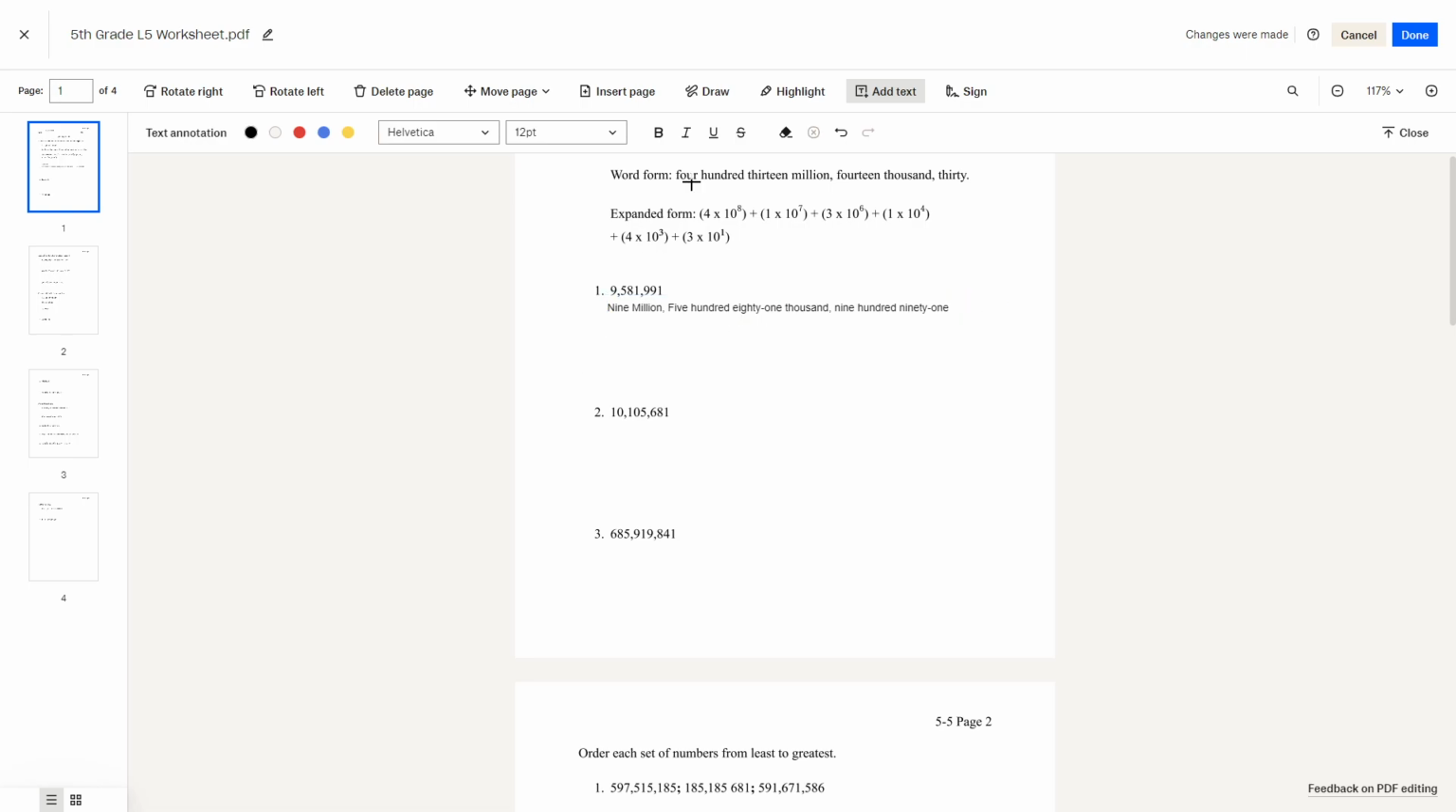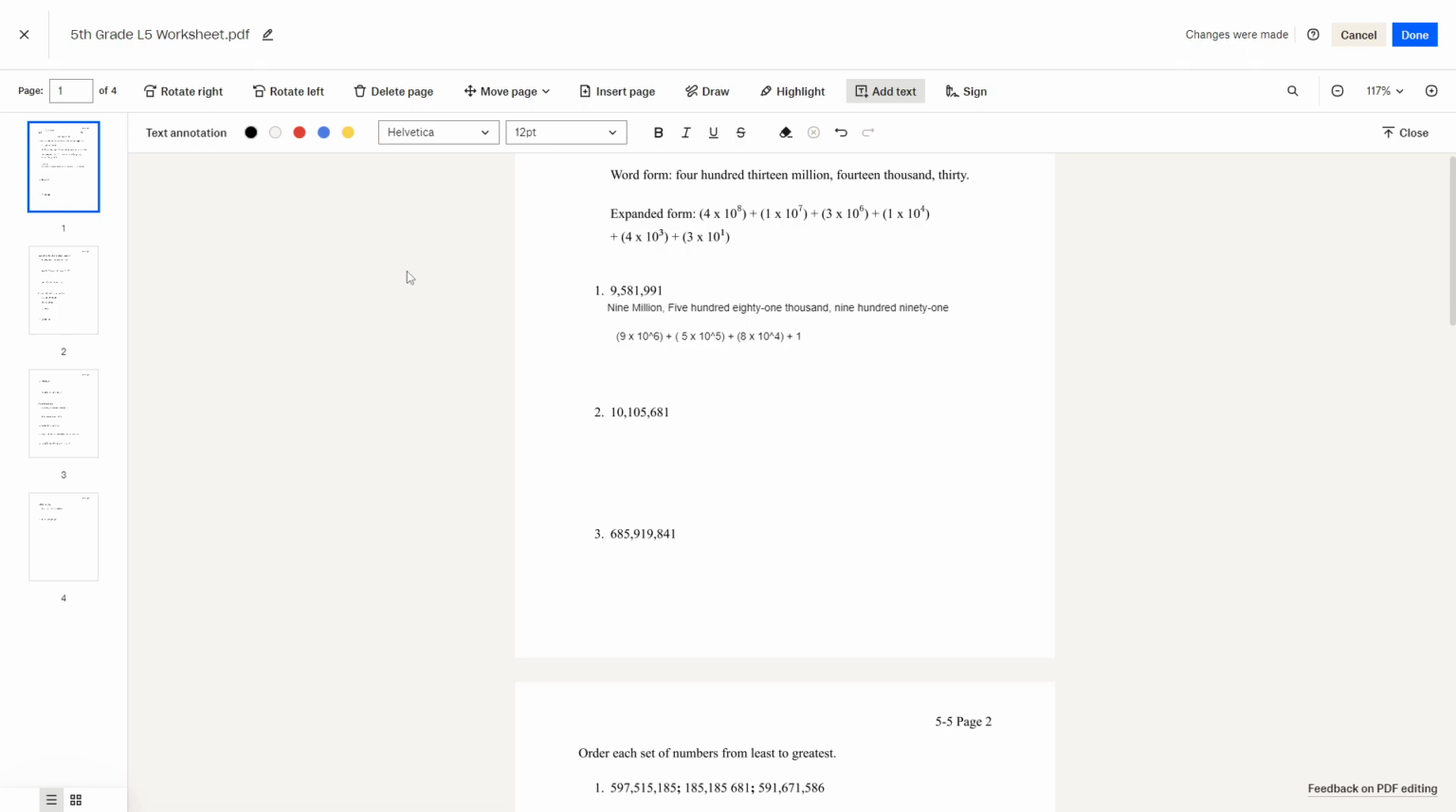And for expanded form, we can see that the 9 is in the 10 to the 6th power, which is 1 million. So you could say 9 times 10 to the 6th power is equal to 9 million, plus 5 times 10 to the 5th power is equal to 500,000, plus 8 times 10 to the 4th power,